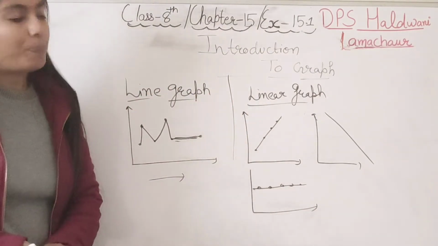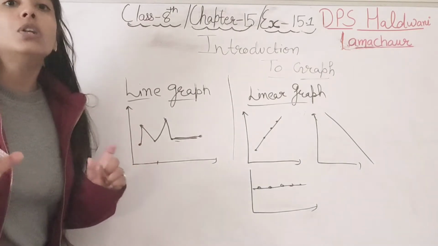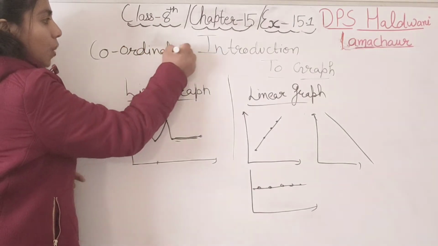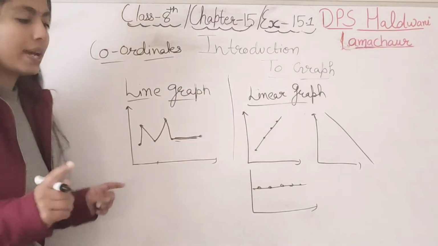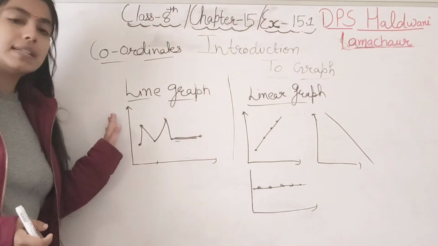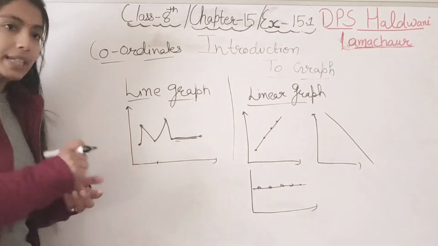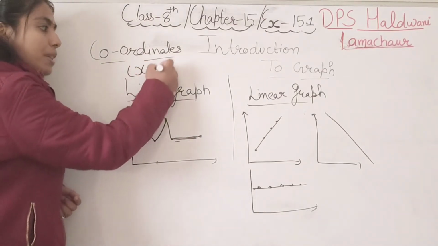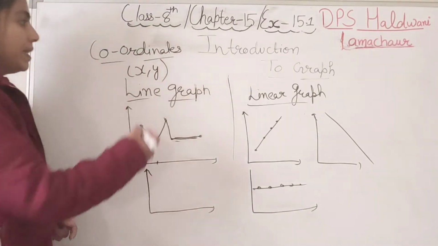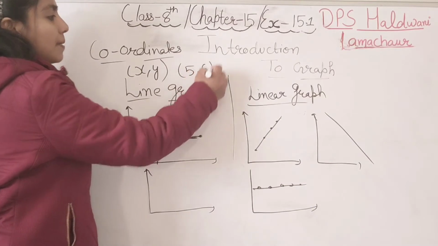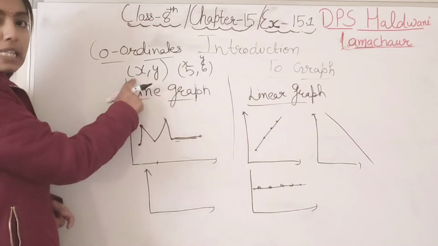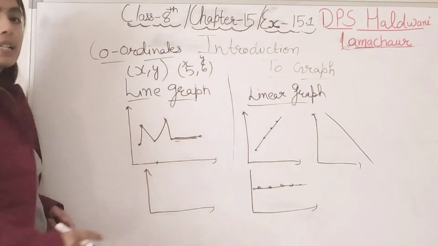The very third topic, these points that are located are called coordinates, student. This is another topic, coordinates. Coordinate means x-axis and y-axis, because yes, we have made this graph along the x-axis and along the y-axis. So these points are called coordinates. They are formed from x and y points. Right student? Suppose this is a graph, okay, and the point given to you is 5 and 6. This is the x-axis and this is the y-axis. Okay, x-y coordinate. Right? Along the x-axis the point is 5.